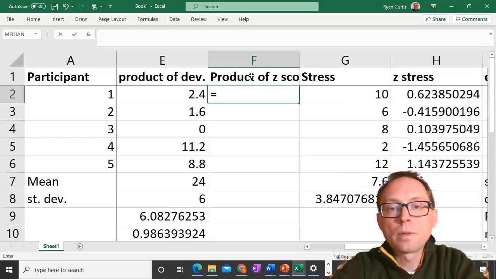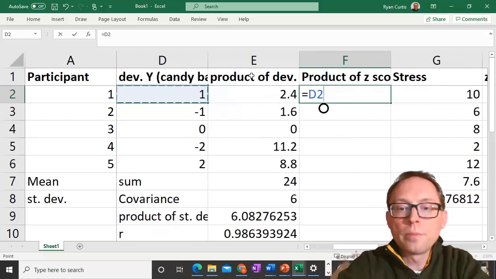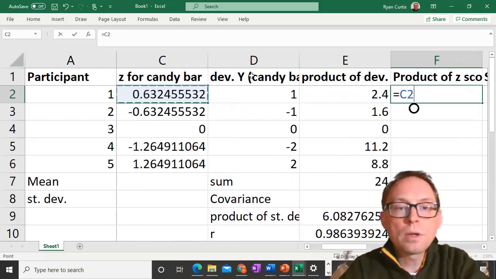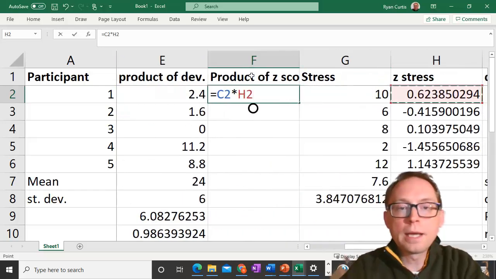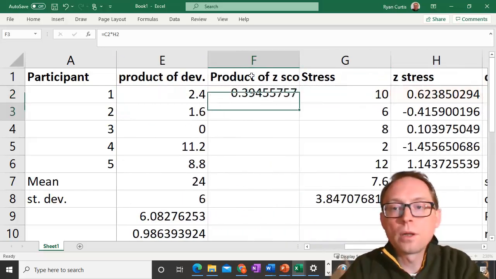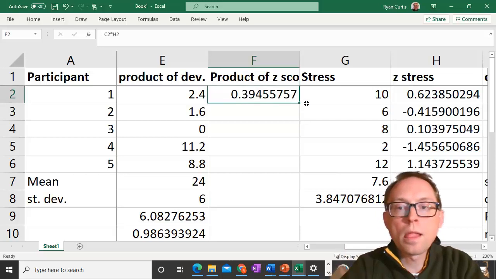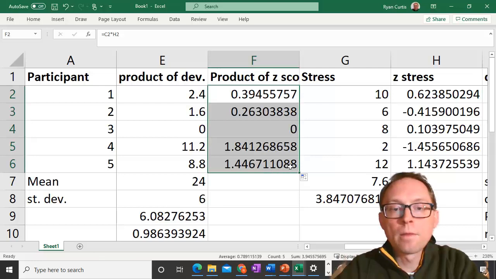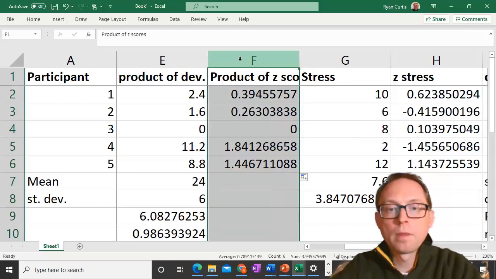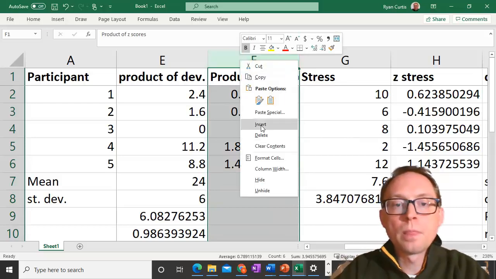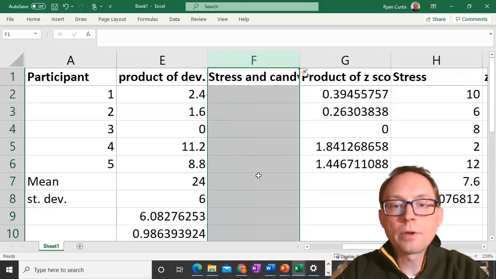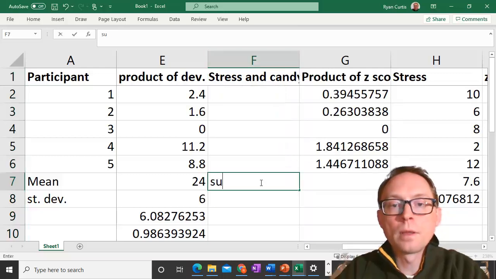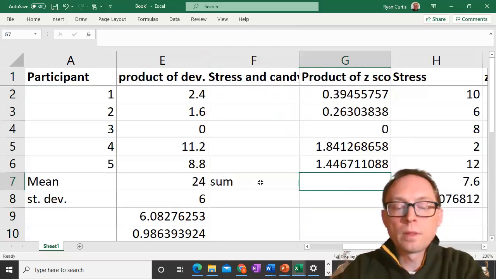It is going to be the z-score of candy bars times the z-score for stress for each person. There they are. Okay? Now, I'm going to add another column in here so that we can see this better. The sum of those is